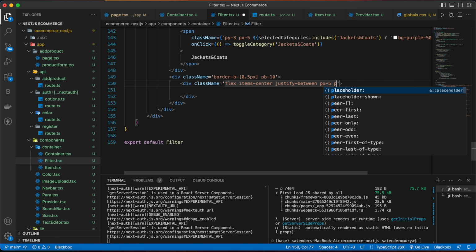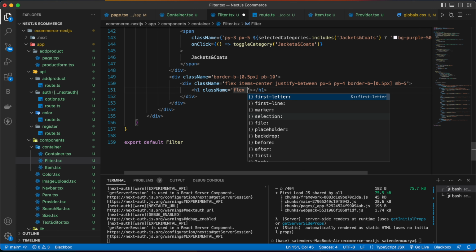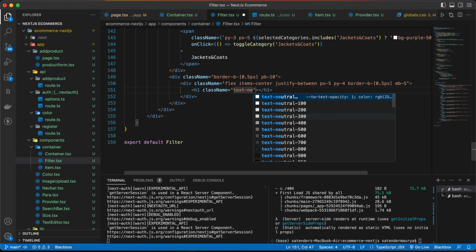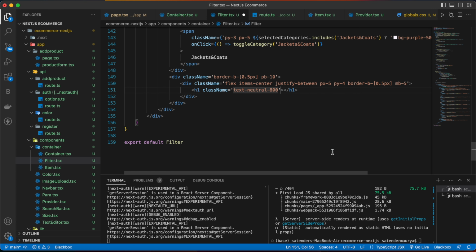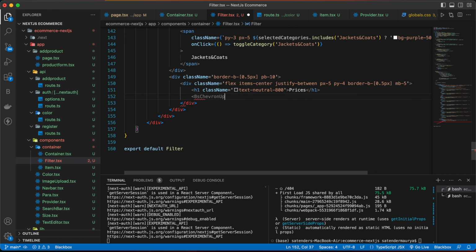px5 py4, border bottom now 0.5 pixels, mb5, then write h1 tag, the class name flex, text neutral 800 and then write prices, and below that we are going to use our icon BsChevron.